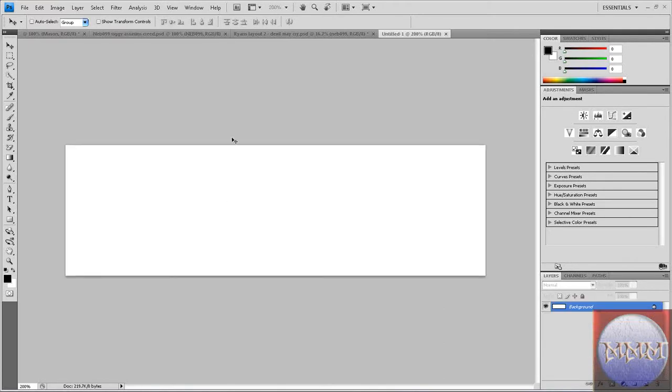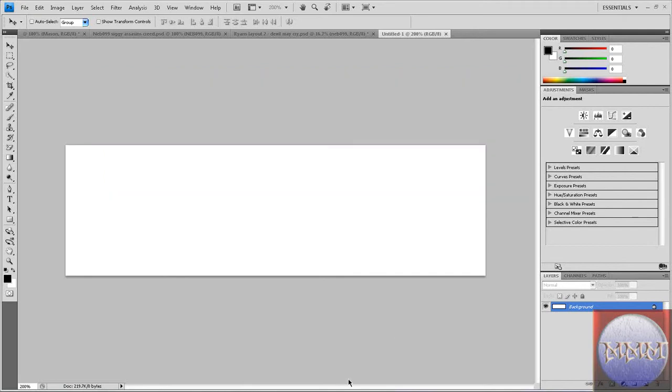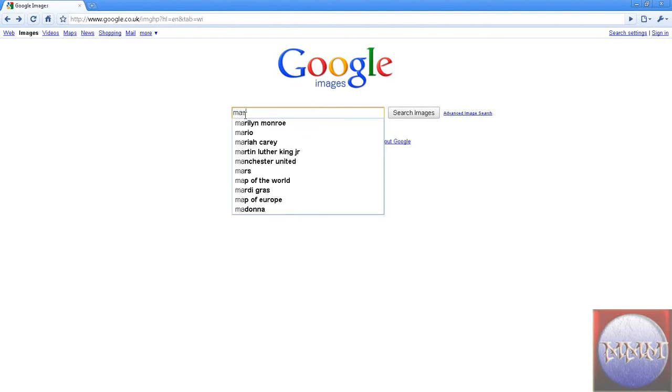So zoom in a little bit and go to your web browser, whichever one you use. Go to images on Google or whichever search engine you use. Search any character, anything that resembles you, anything that makes you stand out, anything you're comfortable with. Say I'm searching for Master Chief,